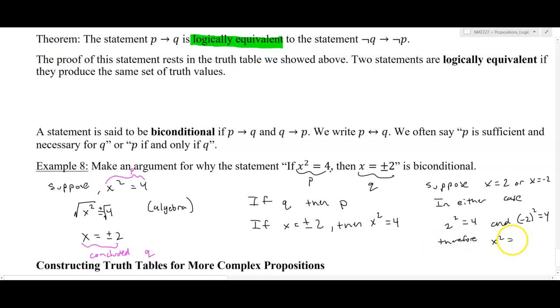x squared equals 4. So we started off assuming Q, that x is either 2 or negative 2. In either case, we established that x squared is 4. We concluded P, so the statement if Q then P is a valid one. So what we could say in conclusion is, and these triple dots mean therefore, we could say x squared equals 4 if and only if